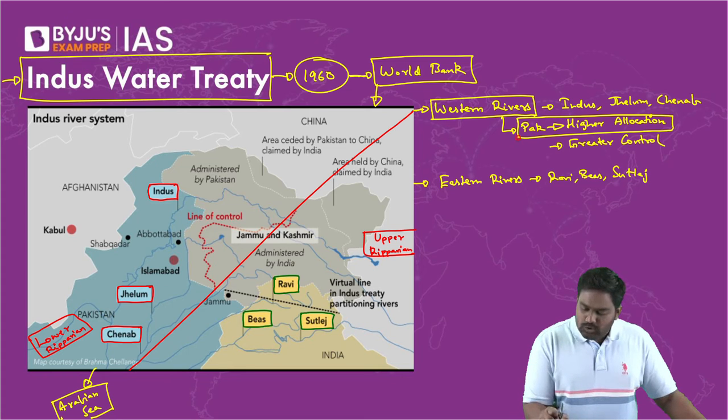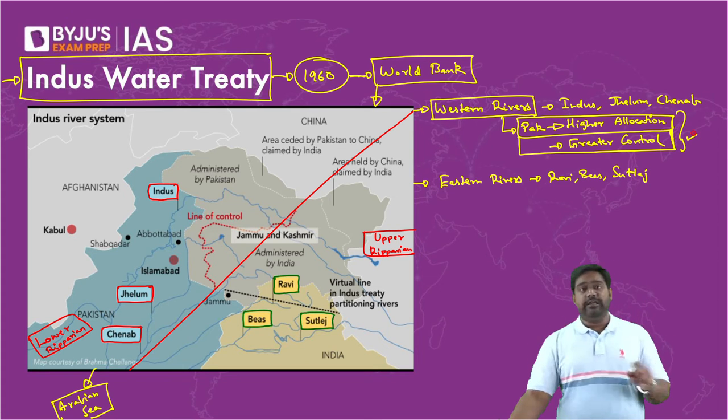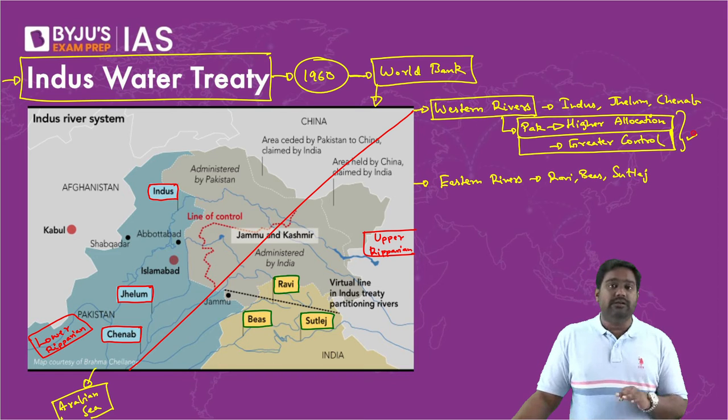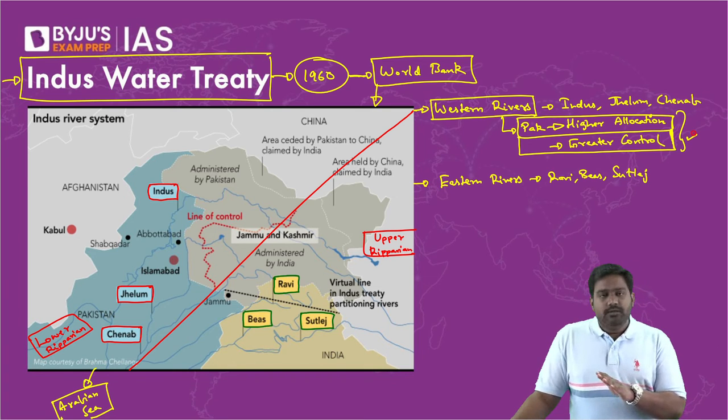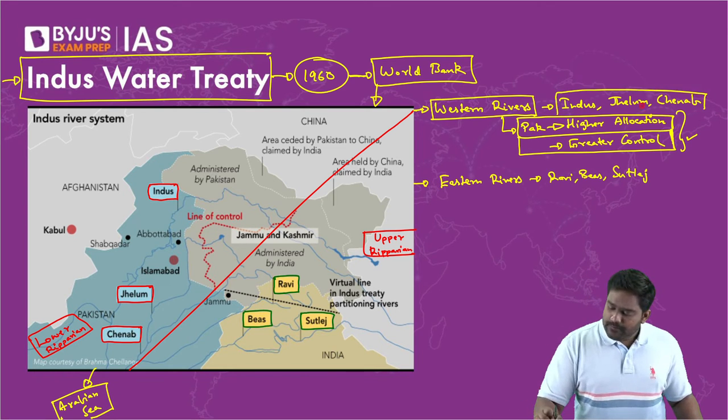See, again, you need not go into the specifics. You need not learn how many cusecs have been assigned to Pakistan and India, or when we should release the waters to Pakistan. Those are very technical details. That's not needed for the exam. Just know that Pakistan has a higher share, a higher allocation and greater control over the Western rivers,